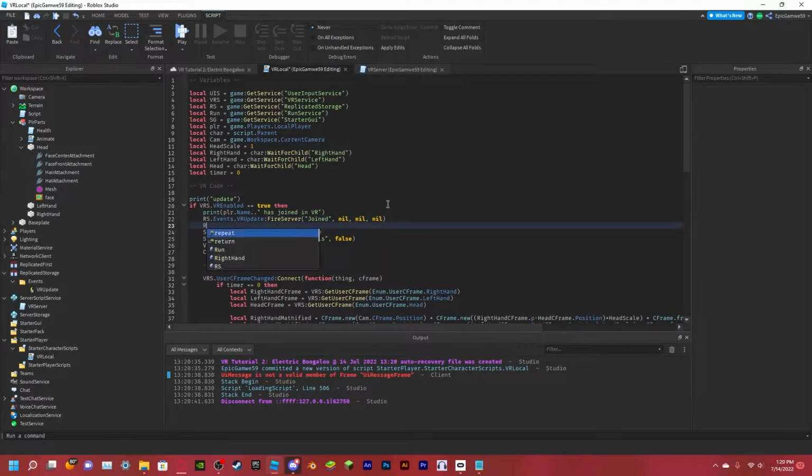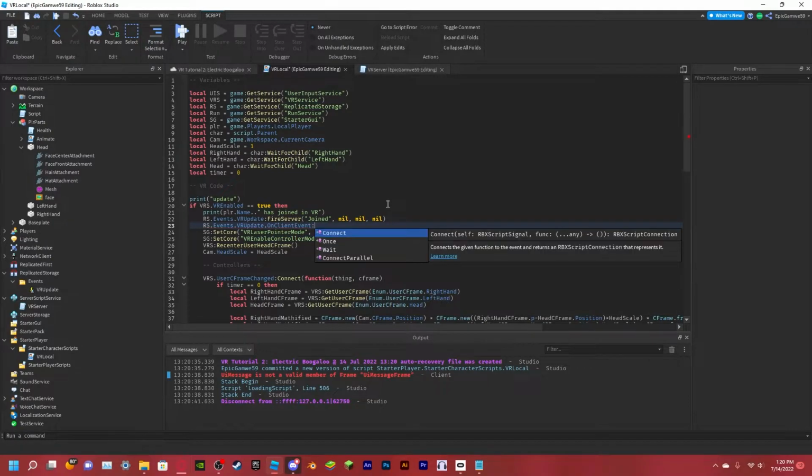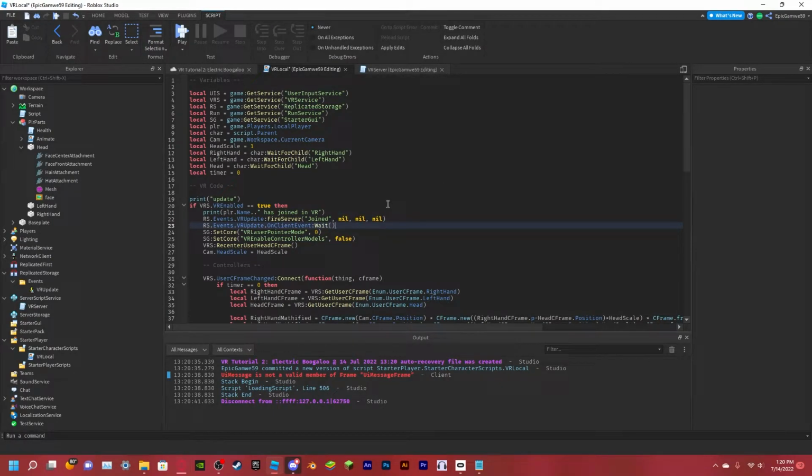Okay, so first we're gonna add rs.events.vr update.on client event wait. That just makes sure that nothing happened until